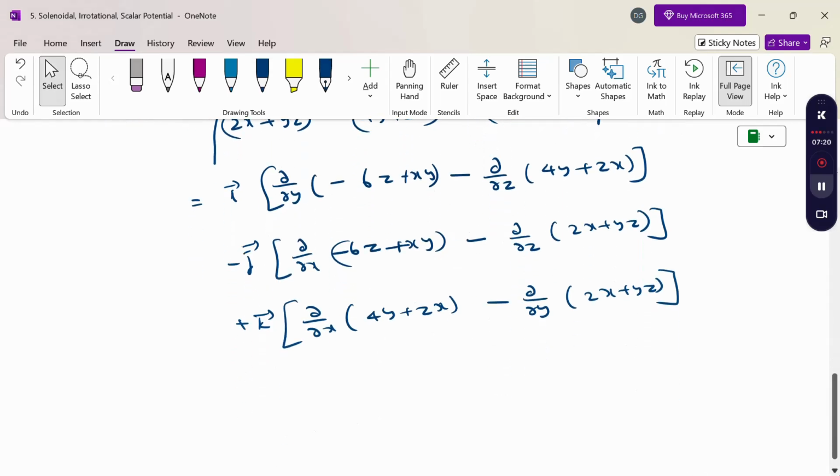Now, the first variable is y. When we take y, only y is the variable and the other values are constant. Here x is a variable, y is a variable, z is a variable. Now differentiate partially with respect to the first term, y. Here y means the first term constant 0, plus xy into 1, minus dou by dou z, the first term 0,